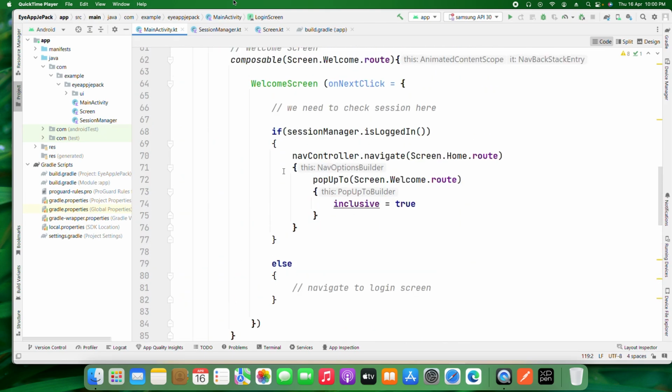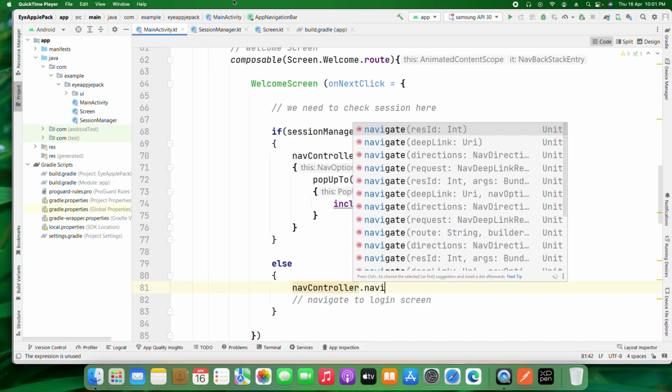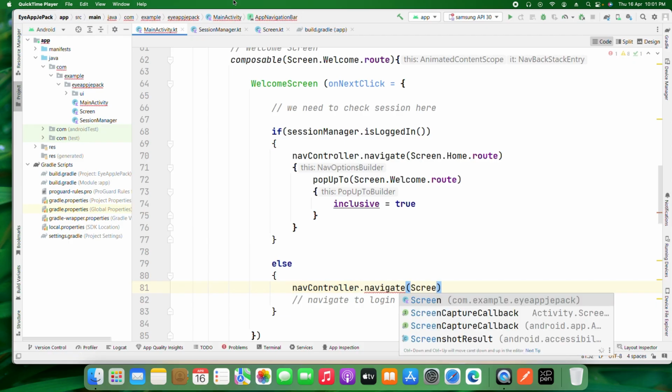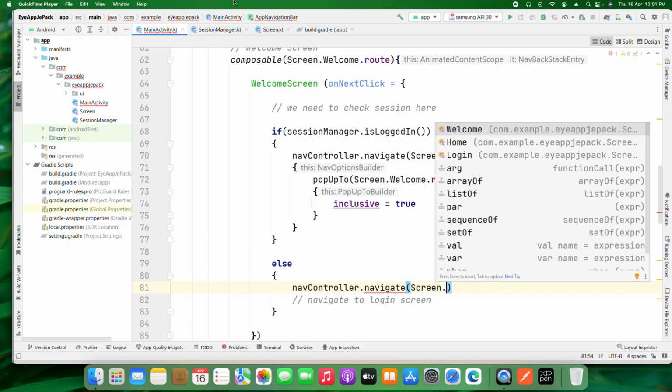So for the composables, we have to go for the routes and we manage the screens there. So here we say else nav controller dot navigate, and it moves to the login screen. Simple. So that's the path, nothing we are passing here, we just call it login